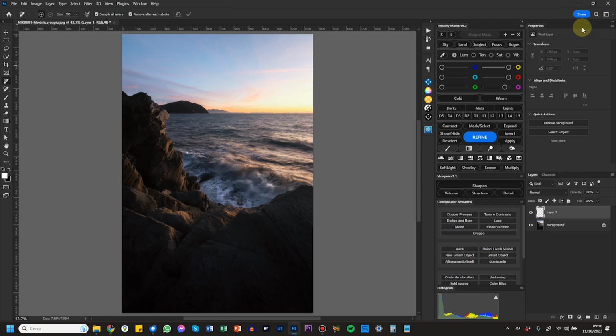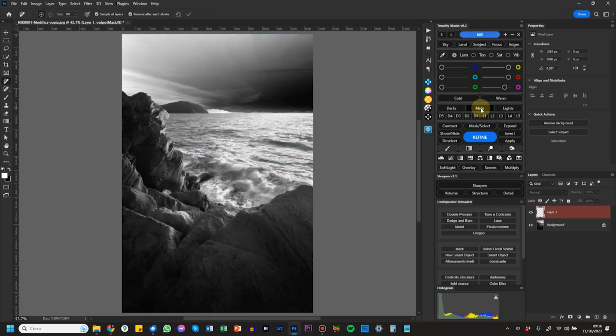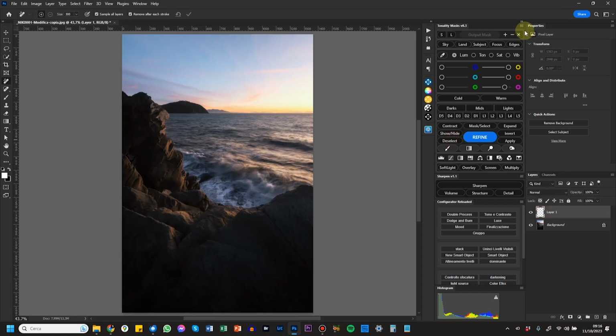If I enable it, I have just the midtones 0 mask available. That means it's probably a mask that I will have to refine in a second moment. But if I prefer to work with the classic midtones 1, 2, and 3, I press the options, Smart Mid Mask disabled, and I go back to the 3 midtones options.